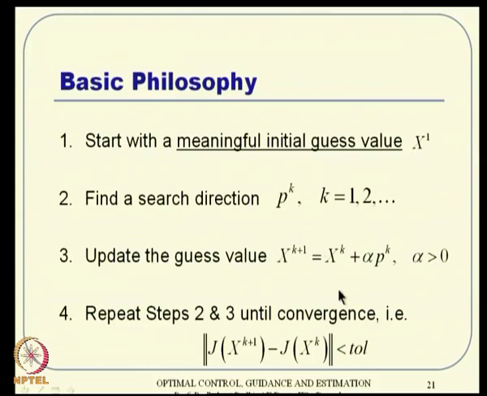However, because it is a very local property, you have to keep on doing this iterative search, and finally you will arrive at convergence. Convergence can be checked when the cost function does not improve further. So, J of x_k and J of x_k+1 are both roughly the same, subject to some pre-selected tolerance value. Sometimes people use a relative measure, dividing by the norm of J of x_k, which is a percentage quantity. If that percentage is, let us say, less than 0.1%, you can stop.